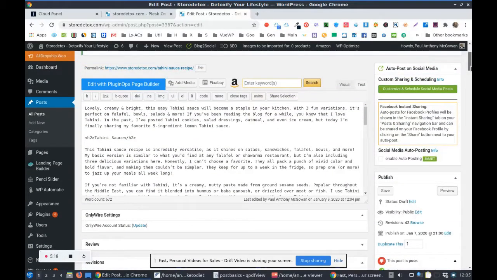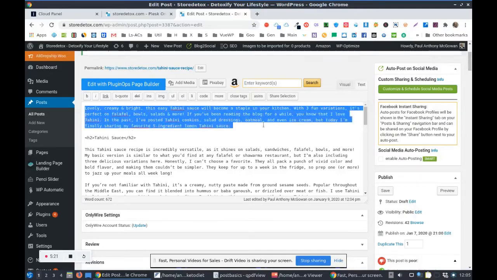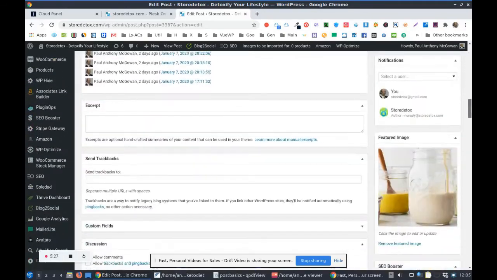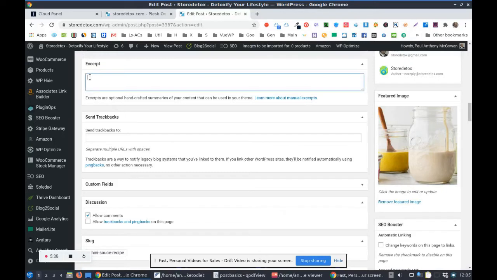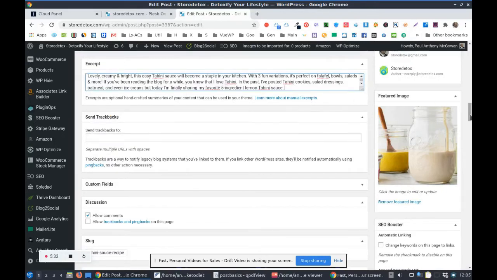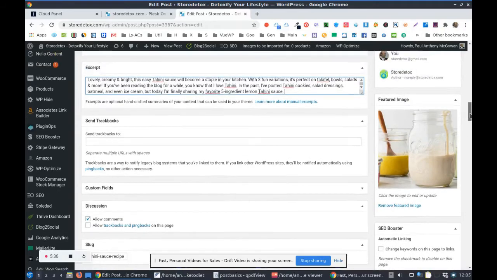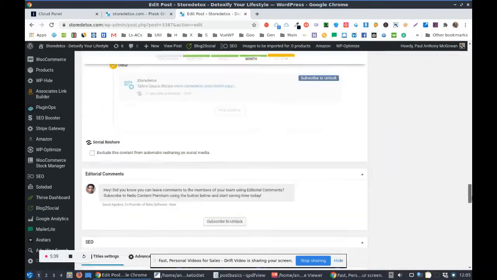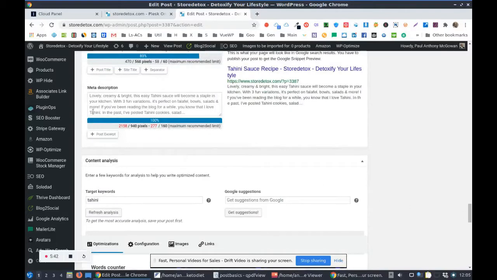So the excerpt is typically the first couple of paragraphs of your post. That's sort of irrespective of the subject. It's usually the first two paragraphs of the post, although it can be other parts of it. So we'll put that in the excerpt box, and then we'll use the exact same text for the meta description. But the meta description we're going to have to shorten a little bit, because the meta description should be under 160 characters. So we're going to shorten that to something like 155 or 156